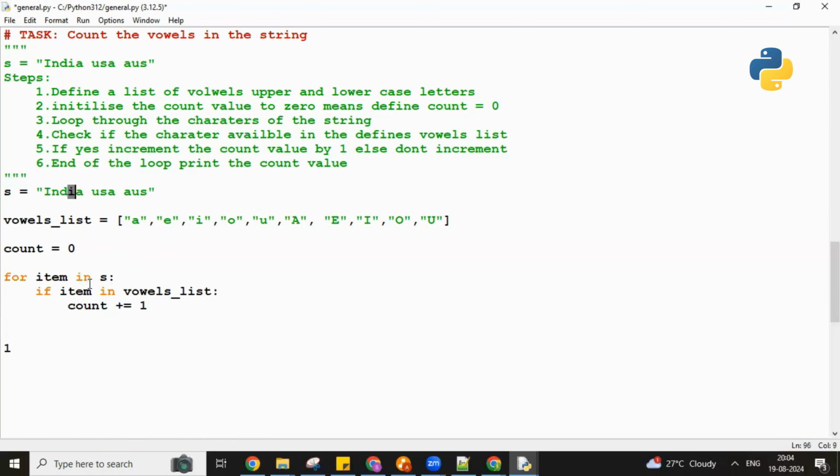I. For item in vowels list, available. Since the condition is satisfied, it increments the counter value. Now counter plus equal to 1, so counter equals counter plus 1. What's the previous value of counter? 1, correct? So 1 plus 1, which is 2. Got it? Now the counter value is 2. Okay. And next item,